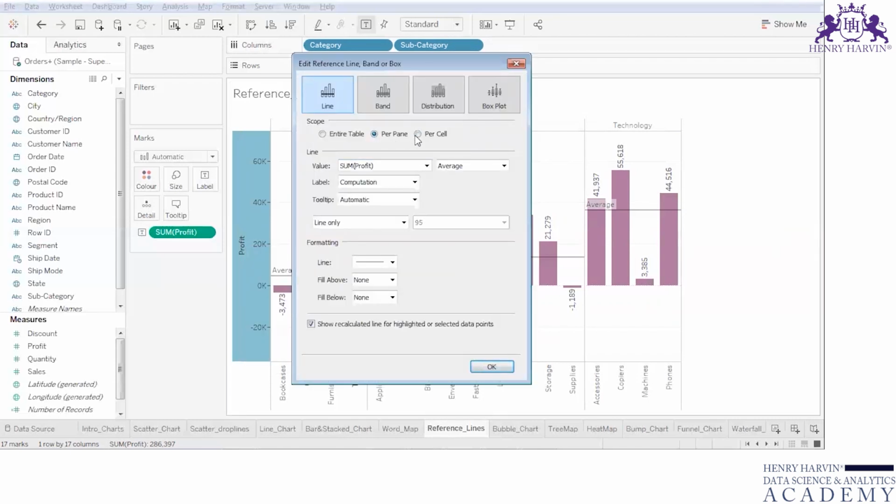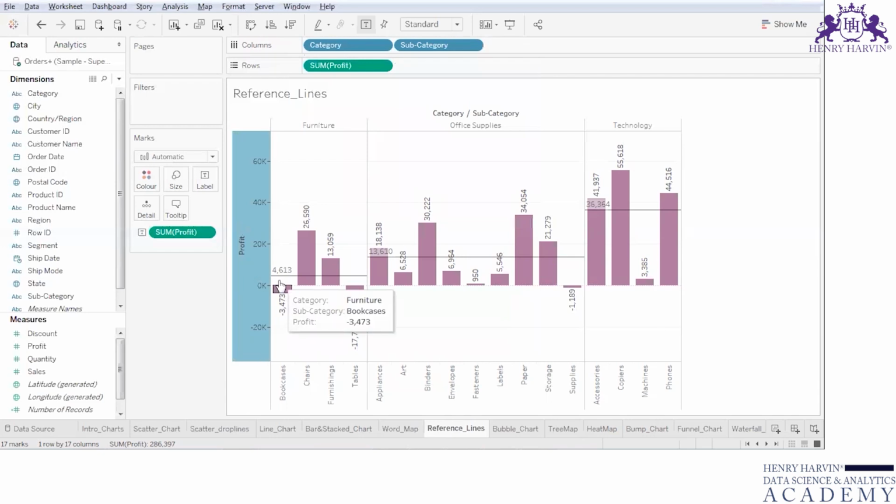Now, if you use reference lines per cell, what it will do is, per cell for each of these subcategories, it will draw an average reference line for you. So over here, it becomes quite shabby. It doesn't look very good over here. So we are just doing it per pane, and instead of the computation average, I would like to see the values. So I'll see the average profit values in each. So over here, in case of furniture, the average profit is the lowest, around 4,000, and in case of technology,